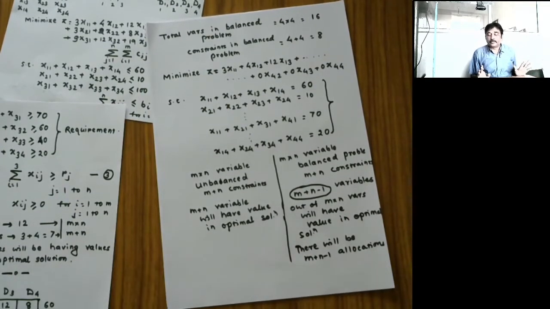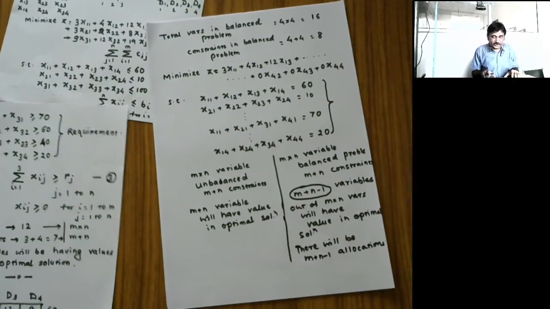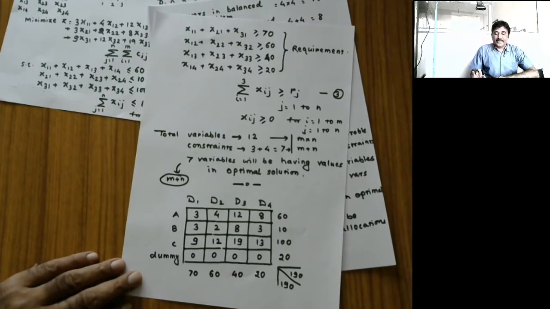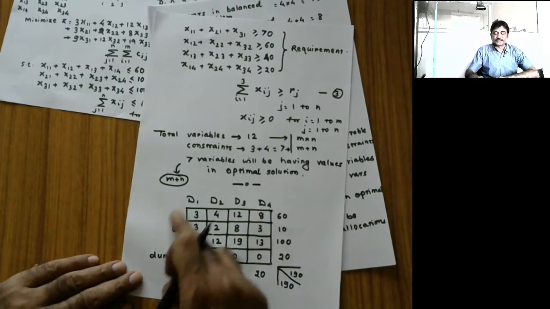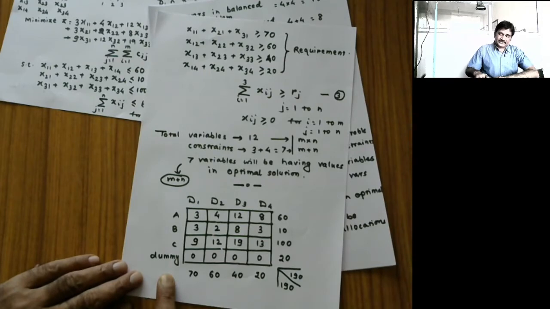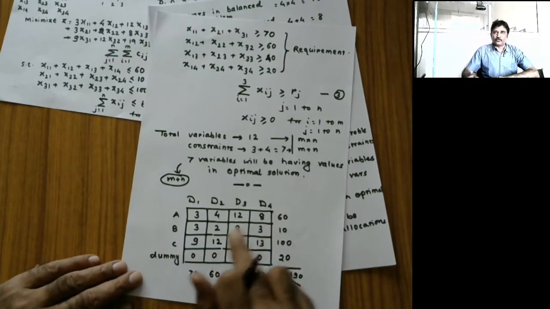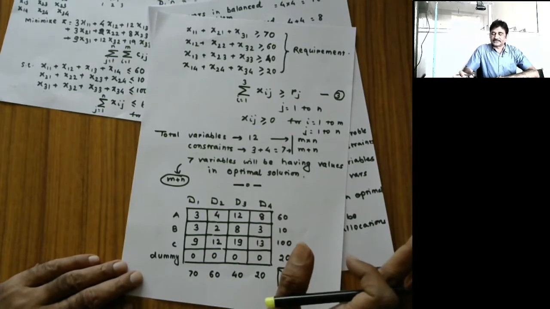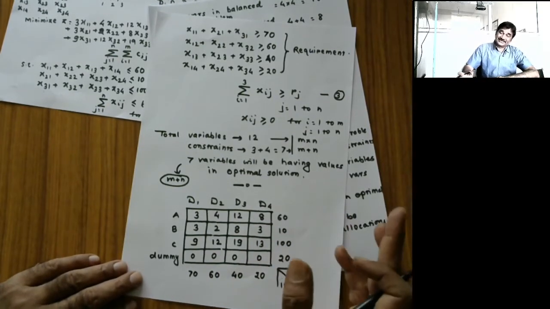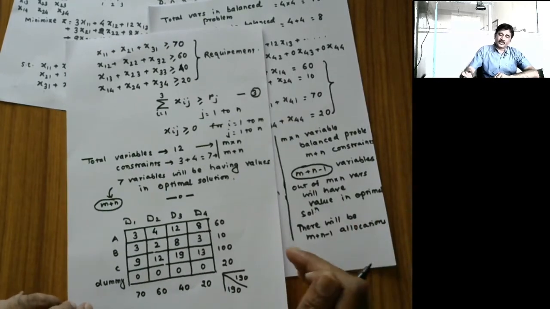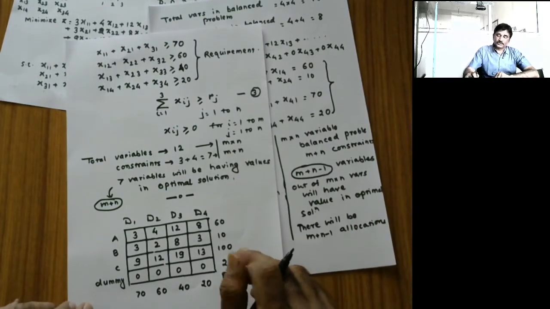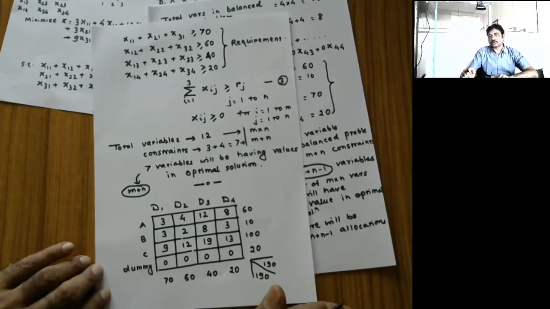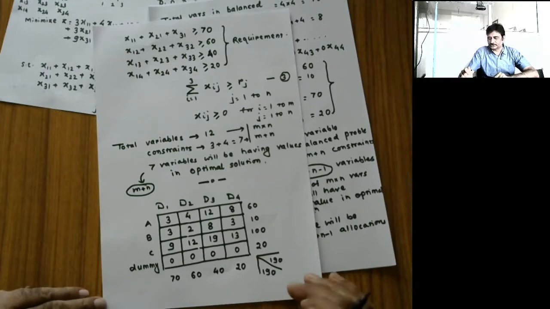Normally there will be m plus n minus 1 allocations in this big matrix. For example, this one. Now, how many allocations will you be expecting? M plus n minus 1. Why? Because this is a balanced problem. Your m is 4, n is 4, 4 plus 4, 8 minus 1. You are removing one because of redundancy, the additional constraint being there. That we are going to remove. So total 7, m plus n minus 1. 7 variables are going to have a value greater than or equal to 0.